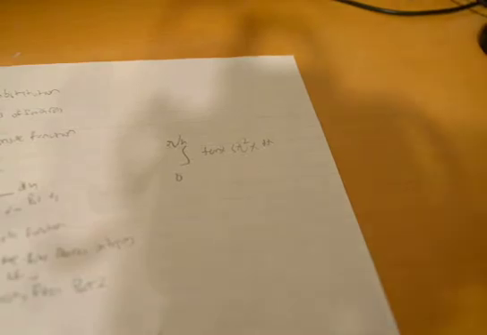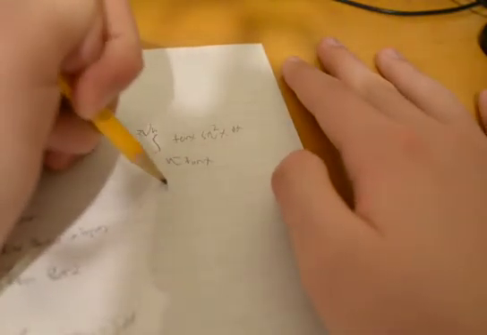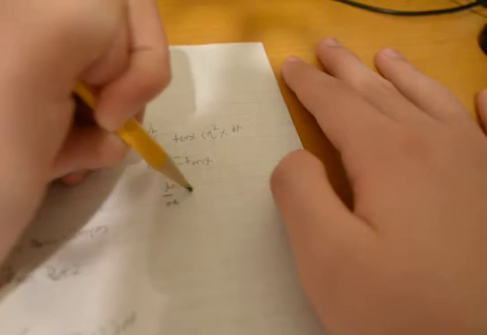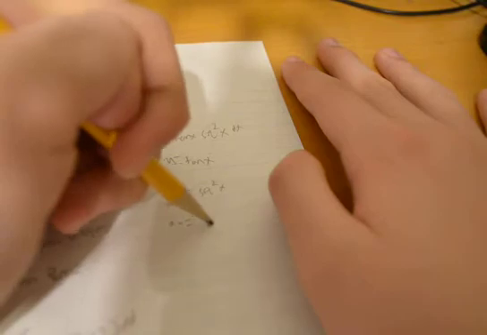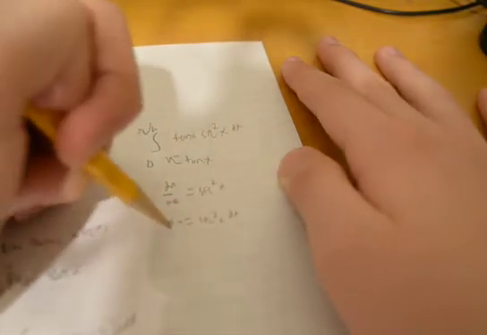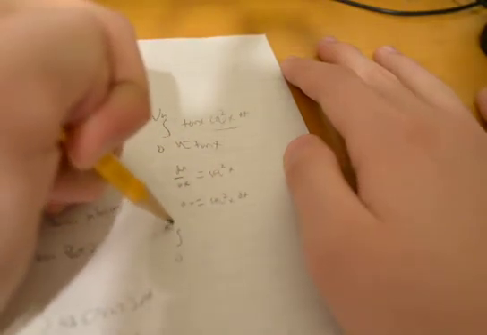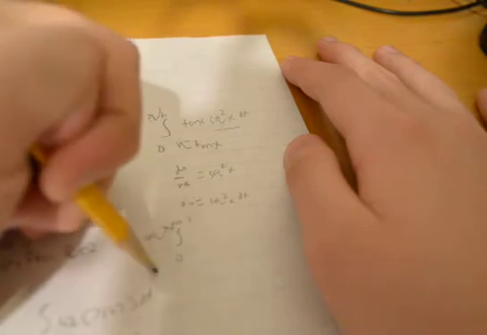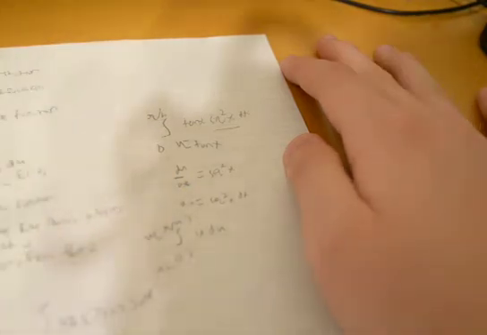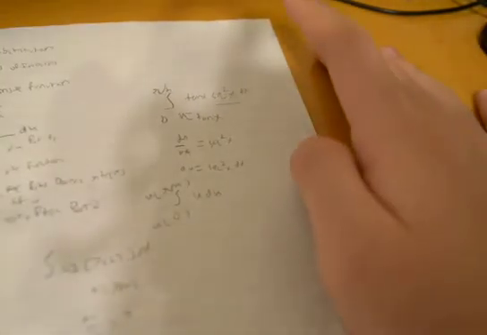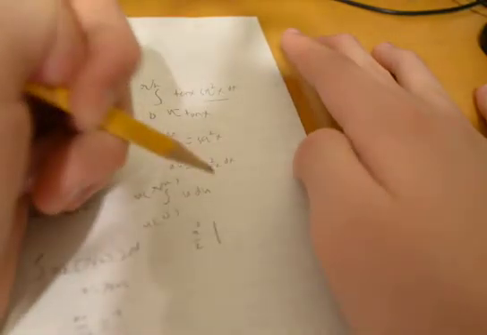So we're going to make tangent of x our inside function. So u equals tangent x. du/dx equals secant squared of x. du equals secant squared x dx. So du is just that. So now the integral from u of 0 to u of pi over 4 is equal to u du. So the integral of u du is just u squared over 2 evaluated at u of pi over 4